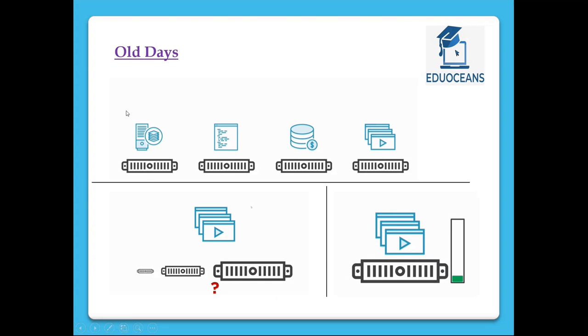So if earlier we used to have 4 such applications, we needed 4 such infrastructures. Dedicatedly for one application, should I choose a system with a lower configuration, or a medium or a higher one? Ideally, while I'm building the application initially, a lower one would be fine. But going forward, I might end up with a huge amount of data and a huge audience base, and then I might need a huge amount of capability as well. So let's say I don't want to go with low configuration, and instead go with the higher. That's what the infrastructure setup team would finalize: okay, I would go with a higher configuration.